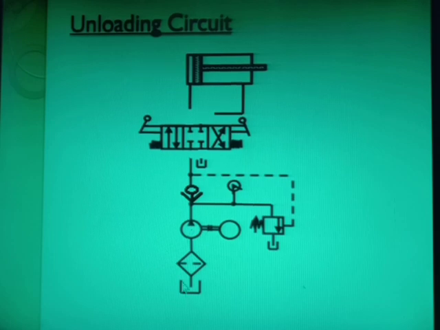Here you can see this is one component, the reservoir, where the oil is stored. The second component is the oil filter. Here the oil is filtered and the dirt, dust and impurities are removed. The third component is the power pack, that is nothing but the pump connected with the electrical motor, the prime mover.